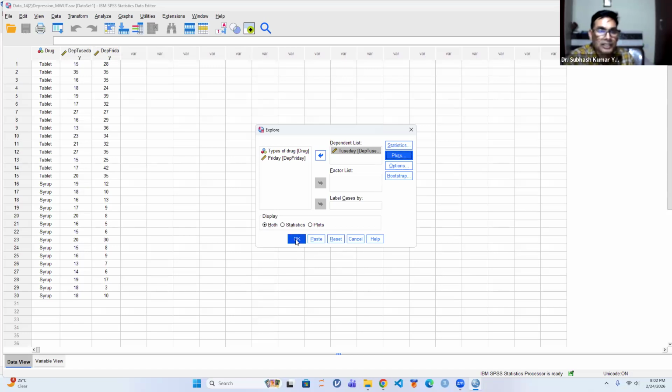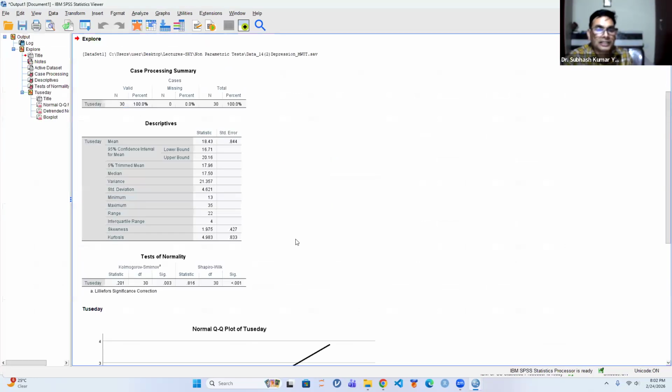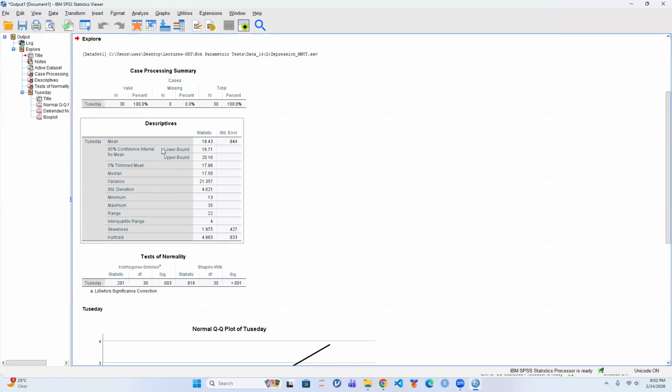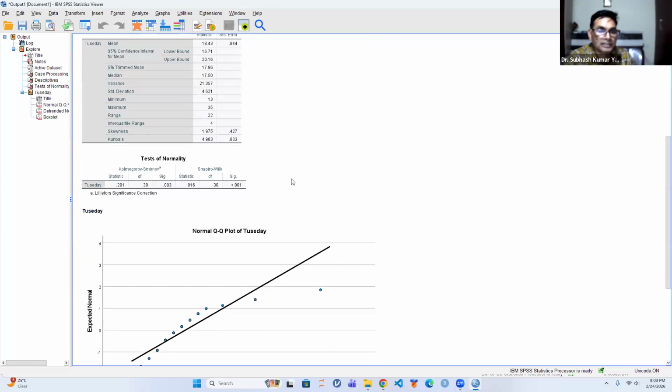So should I click on OK? जी। आप भी करते जाइए साथ में अगर हो। अभी खोल के देखा नहीं सर। कोई बात नहीं। तो क्लिक ऑन ओके, तो देखिए ये आ जाएगा। यहाँ देखिए डिस्क्रिप्टिव स्टेटिस्टिक्स आ गया पूरा। मीन आ गया, 95% कॉन्फिडेंस इंटरवल आ गया, ट्रिम्ड मीन आ गया, मीडियन, वेरिएंस, एवरीथिंग। दीज आर द स्टैटिस्टिक्स।